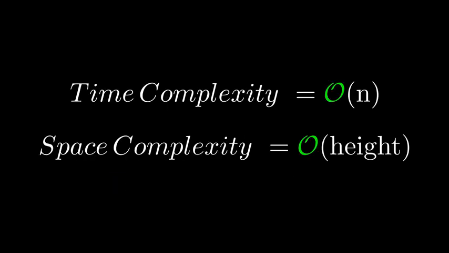For all three traversal methods, pre-order, in-order, and post-order, the time complexity is big O of n, where n is the number of nodes in the tree. The space complexity for these recursive methods depends on the height of the tree. For recursive call stack,